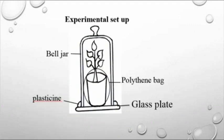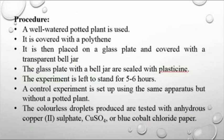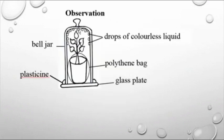What happens when we leave the two experiments in sunlight for 5 hours? This is the observation. Drops of a colorless liquid are seen on the walls of the bell jar. What do we do to confirm that the drops of a colorless liquid are water? We use a substance known as anhydrous copper 2 sulfate, which is white in color. When we mix it with the drops of a colorless liquid on the walls of the bell jar,